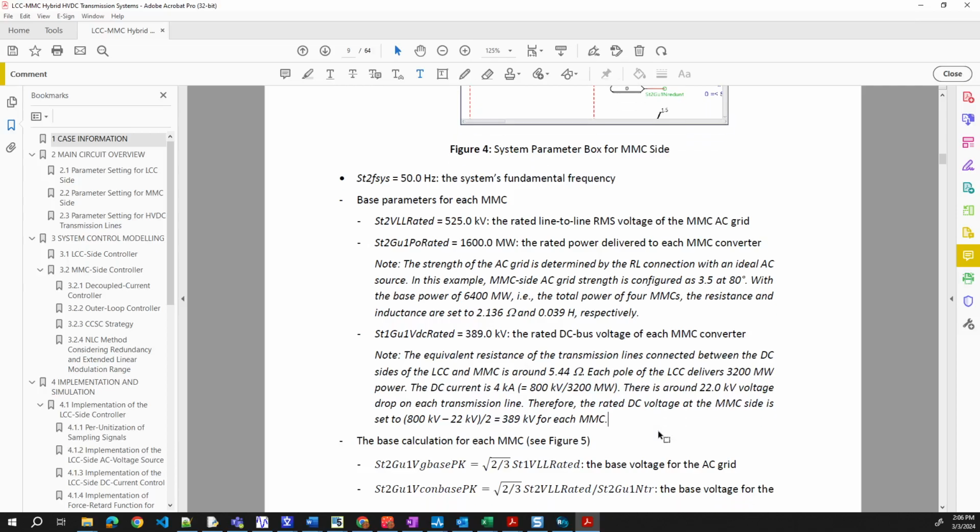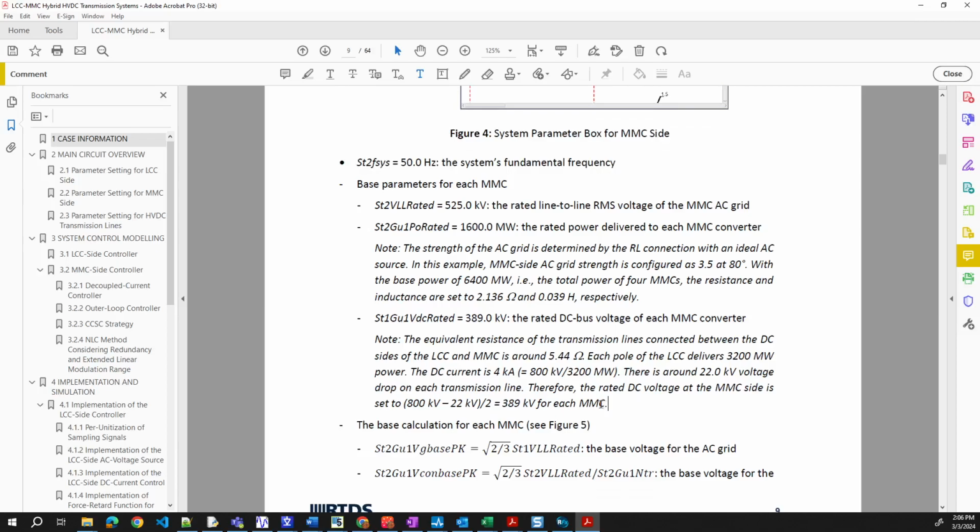It doesn't hurt if we rate it higher, transiently it can go higher. The reason we put it in here, does that mean we can have a smaller and economically cheaper design?